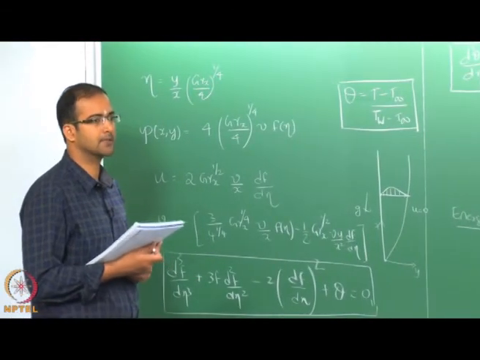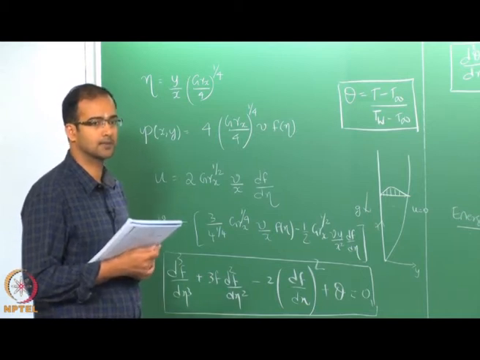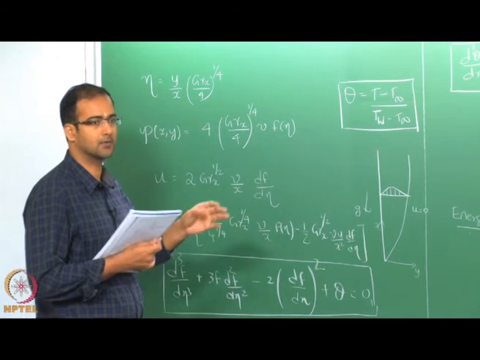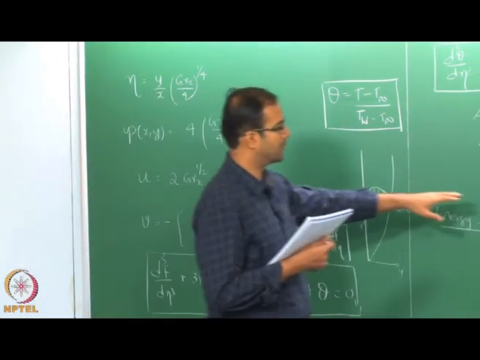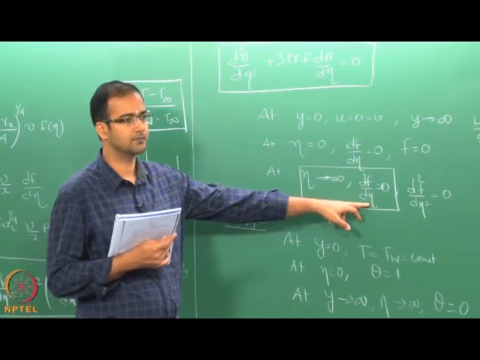So, this is pretty much the same as the original Pohlhausen's boundary conditions, only that in the case of momentum you have now df by d eta equal to 0,